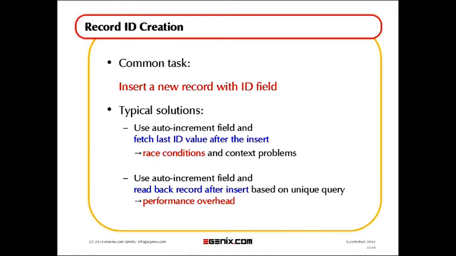The problem there with the auto commit, for example, is race conditions, because with the auto increment, the database will take care of adding the increment value, and then you have to, of course, fetch that value again because you want to continue working on that row. And the usual way is to ask the database for the last used ID, and depending on how you do it, you run into race conditions or you run into context problems, because it's not really clear what the last ID is. There could have been some other transaction, for example, that also just inserted something, and so it's not clear where to get that last ID from.